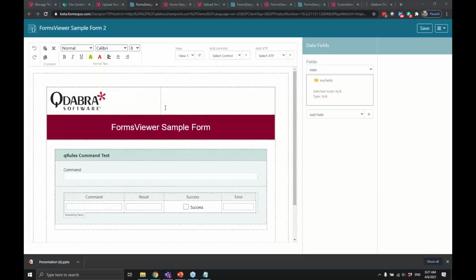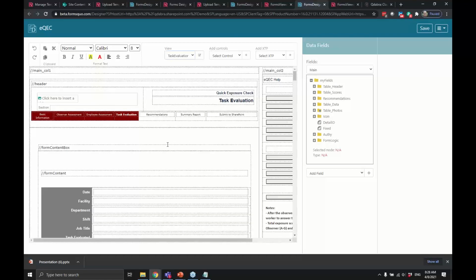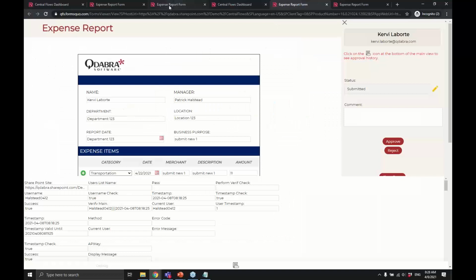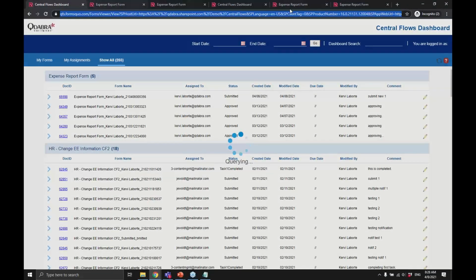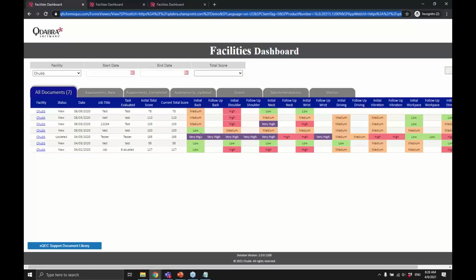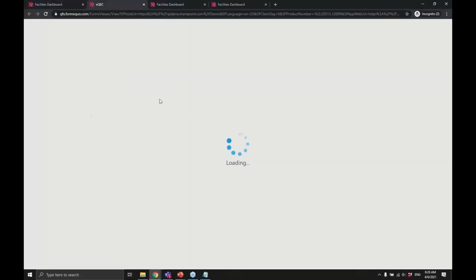So, obviously you've got the full view editing experience now, which is very different from before. We didn't have that before. Now, this will support very complex forms. In fact, I think here's a more complex one. If I go back to the previous demo and show you, not this one, but the facilities one, if we open one of these forms here, like this one right here, because it's constantly refreshing,